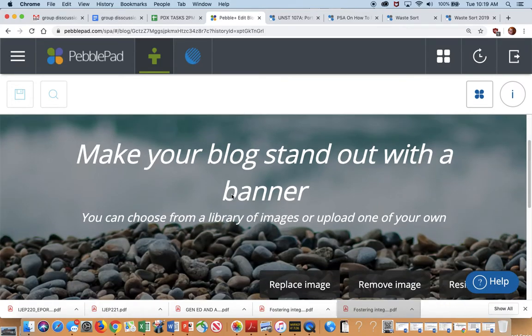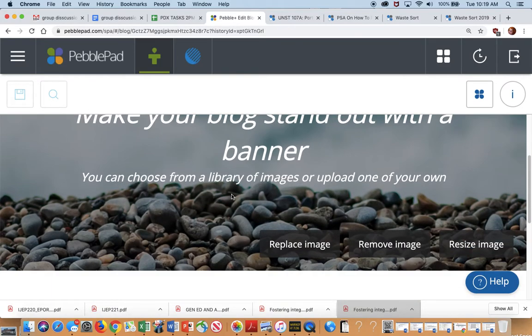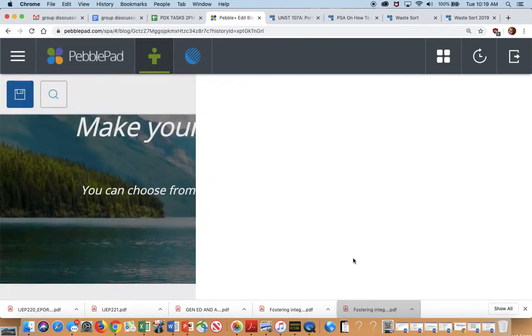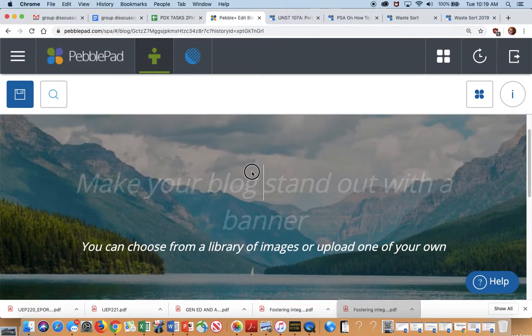And here, you could leave this image if you want to, or replace it with something else. Let's go ahead and replace it with something else. Let's say, okay, that looks really pretty. Okay, and you might want to have something that's pertinent or related to the blog itself. And in this case, we're talking about waste management and our